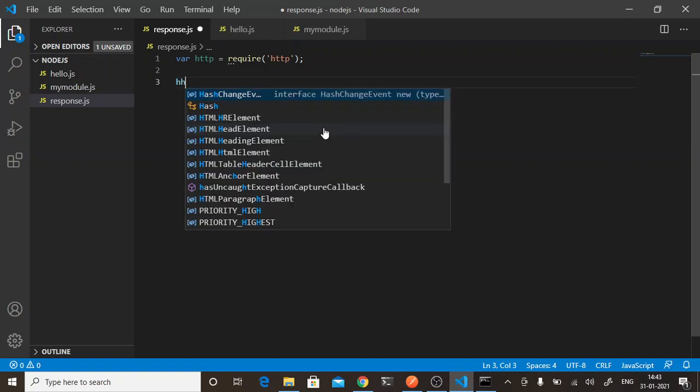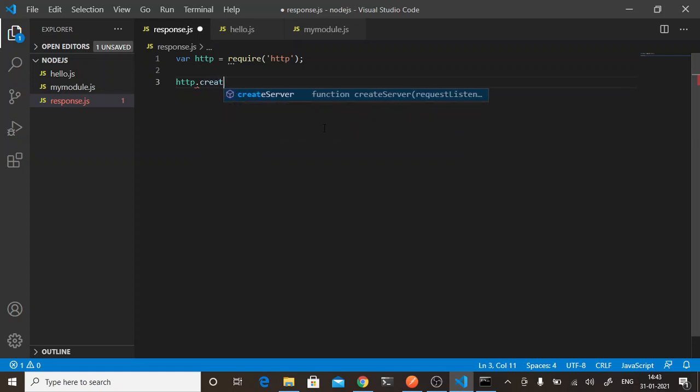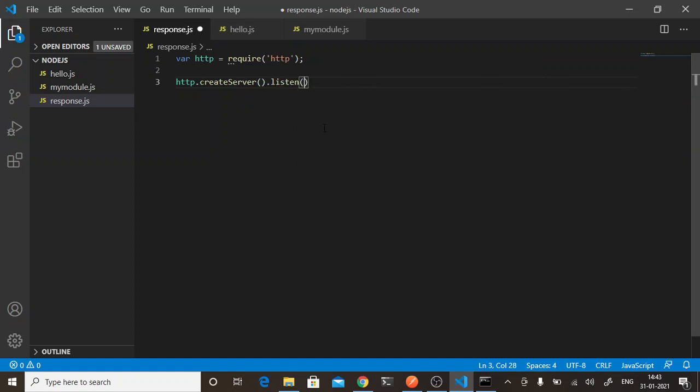Next we will create a server. Using http, there is a createServer method that we will be calling, and we will listen to port 8000.